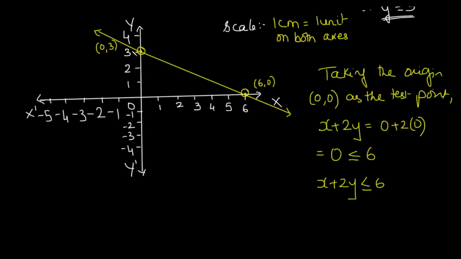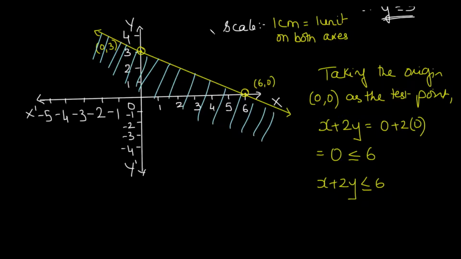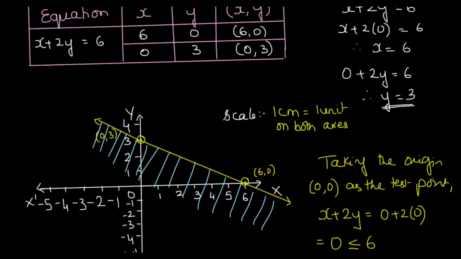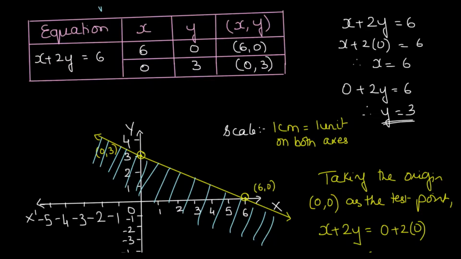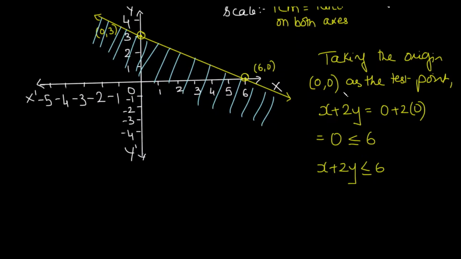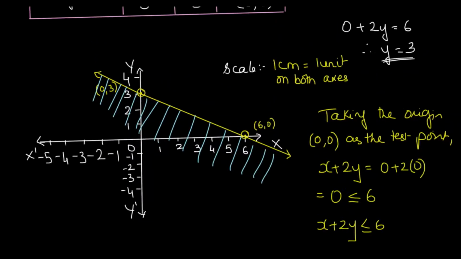You can go through it once again. And this is what we'll be doing almost for all our sums. So let me draw the region over here. So our feasible region is this region. You are not expected to write all this in words. You only have to write the scale properly and the table, the given table which is there, you have to do it properly. And these calculations can be done in the rough column if you're not understanding how to take the points. But the graph is very, very important. Draw the graph in a proper manner. So you can pause the video, study it, and then go on to the next sum.